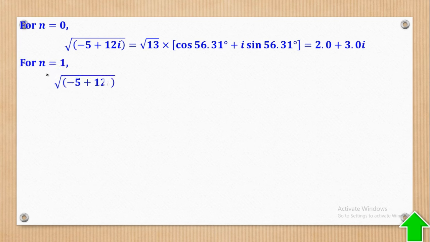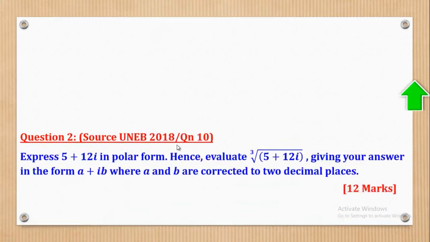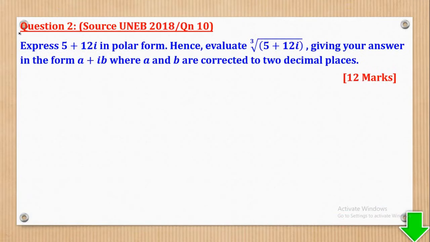Then for n equal to 1, substitute and you'll come up with this. Therefore, in the end, I'll come up with negative 2.0 and negative 3.0i. Those will be the roots, because the square root has 2 values. So those are the roots they wanted. Then now we shall go to question 2, which came from UNEB 2018 paper 1 question 10, and says